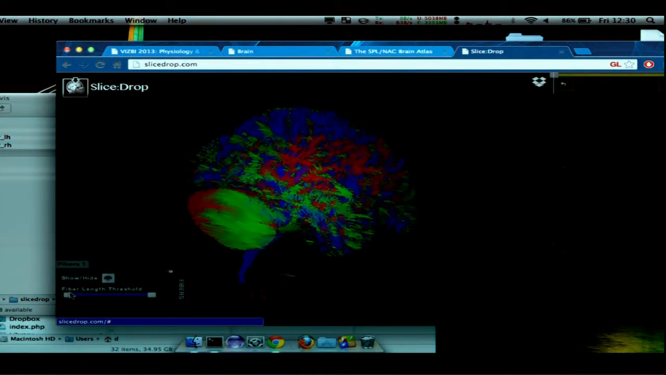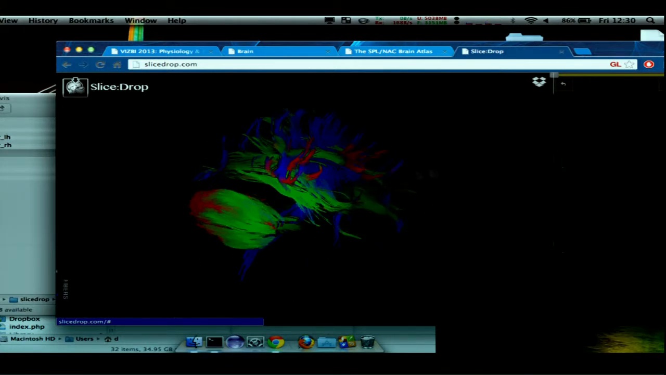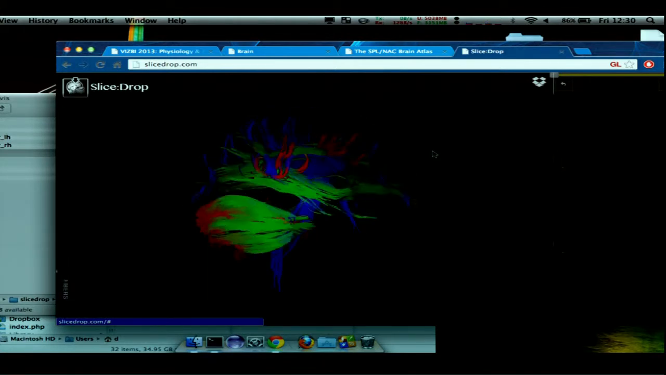You can do some fiber length thresholding, and when I dropped it, the data doesn't leave the computer. It just gets parsed and rendered locally on my client. And Slice Drop works with